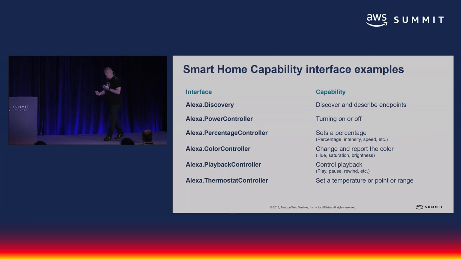Alexa, when it comes to smart home, is really, really flexible in how you can define what device it is that you're trying to build to be in a smart home. One of the things that we realized early on is we can't just call things smart light, smart switch, because there are so many different things out there that they could be, and so many different capabilities that could be kind of glommed together. You could have a switch that has a thermostat on it. You could have a light that is also a speaker. You could have